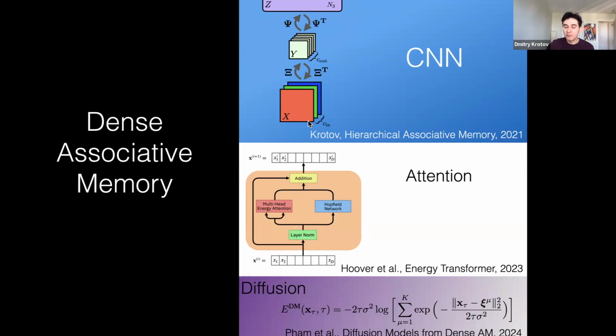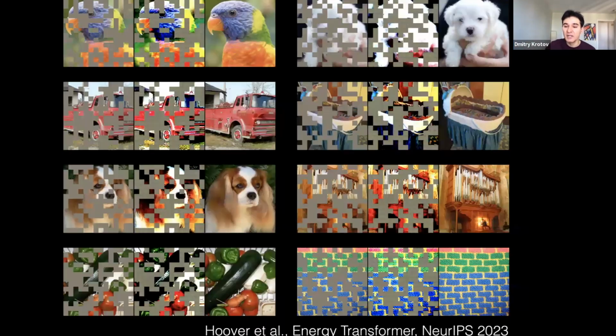I do want to dedicate most of my talk to the brain and neuroscience, but I don't want to leave you with the impression that everything I have described so far is some kind of funny mathematics that could be interesting for theoretical physicists, maybe even for computational neuroscientists, but not really for state-of-the-art AI research. So, to avoid leaving you with this impression, I do want to very briefly show you a couple of systems that we have built using these ideas. Let me show you this one.